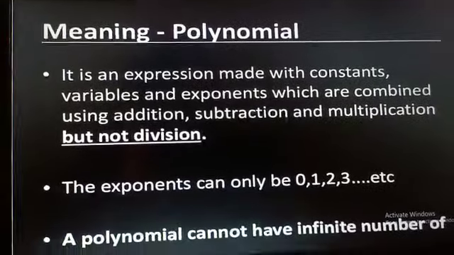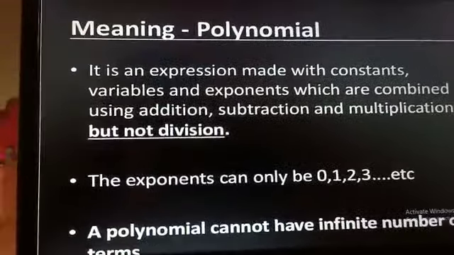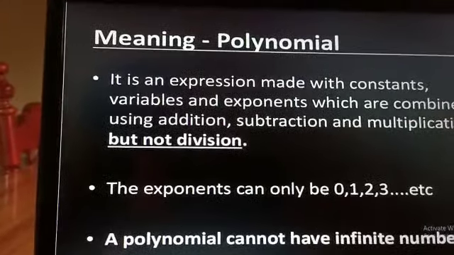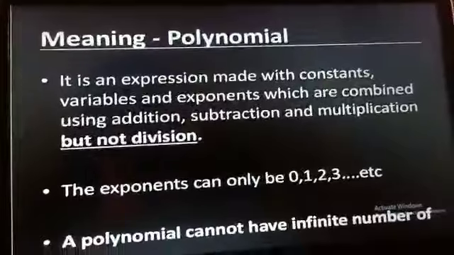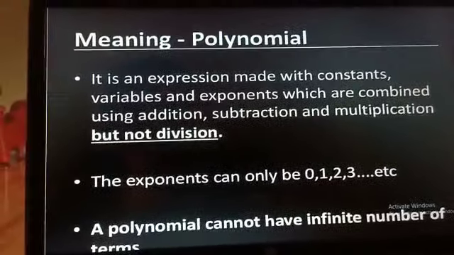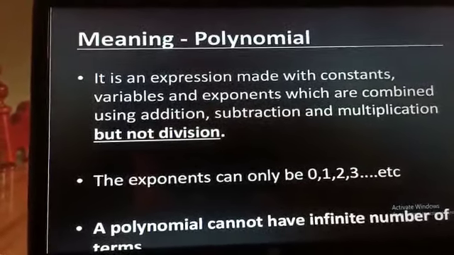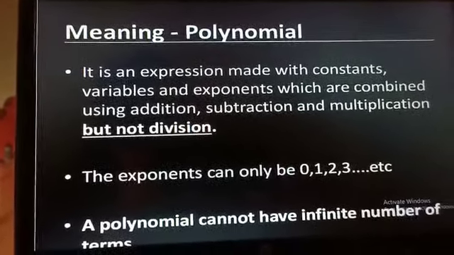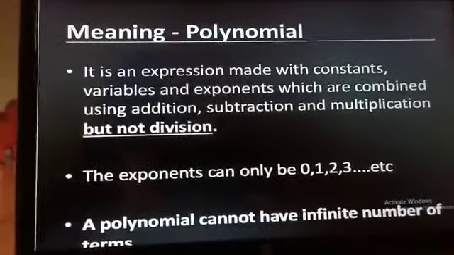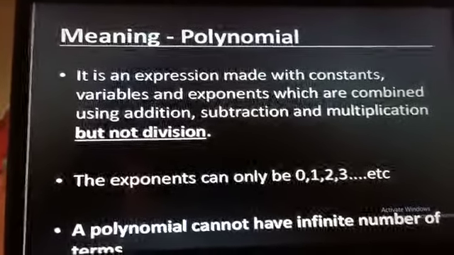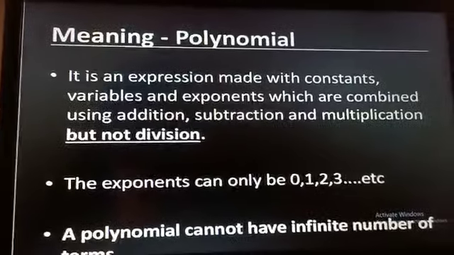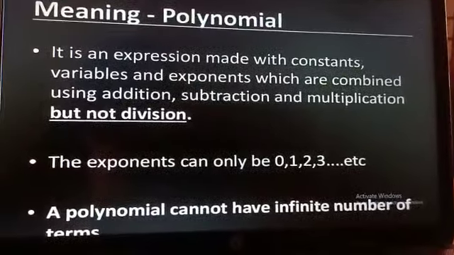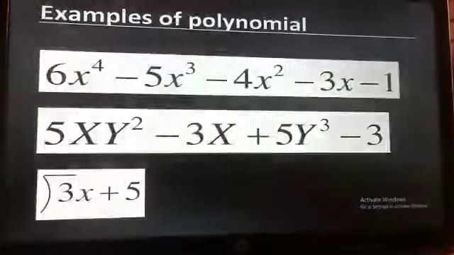What is a term? A term is a mathematical expression which has a constant and a variable. So suppose I say 5x. 5x is a term. In 5x, 5 is the constant number and x is the variable. So 5x put together is a term. Two or more terms attached together with plus, minus or multiplication gives rise to a polynomial. As we move ahead, you will understand further.